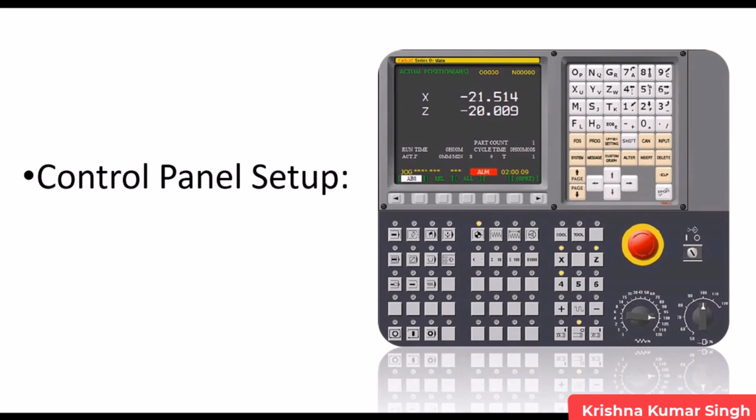Our third setup is the control panel. This is the most important setup by which we are going to perform different operations and tool movements. There are many companies that manufacture these control panels, such as Fanuc, Siemens, Haas, and so on. In this course, we are going to learn about the Fanuc and Siemens control panels, which are mostly used in